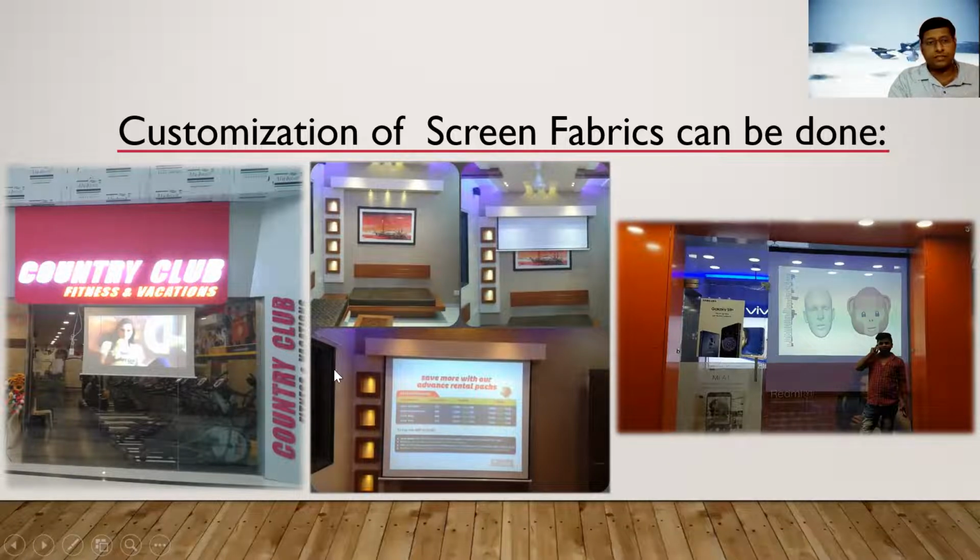This is a map type screen. This is a motorized screen. In the motorized screen, you can see the sensor. We can hide that sensor up. This is a map type screen. You can see the hooks which are there. So it is a simple map type screen which we had put up during the IPL.